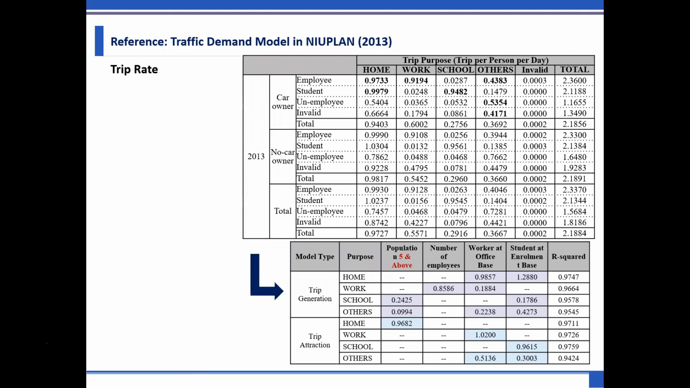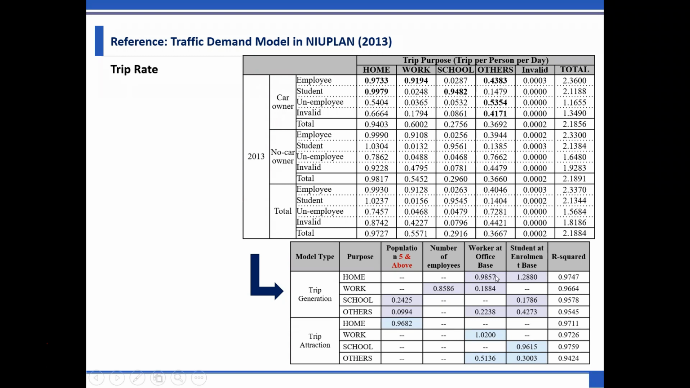Yes, let me review the actual traffic demand models developed in the new plan in 2013. From the regression model analysis of the socio-economic framework and the actual traffic demand based on the new plan person trip survey, the socio-economic frameworks that were highly correlated with travel demand by purpose were examined. As a result, for home trip generations, the number of workers at office base and the students at enrollment base show very high